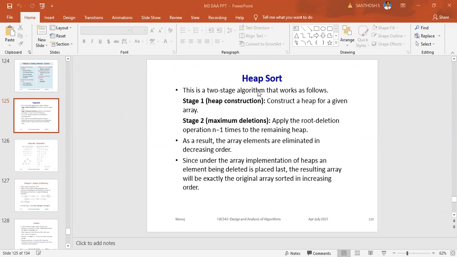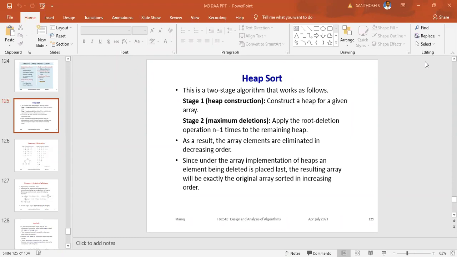Heap sort is a two-stage algorithm that works as follows. That means it has two stages. What is stage one? Stage one is heap construction, that is, construct the heap for the given array.